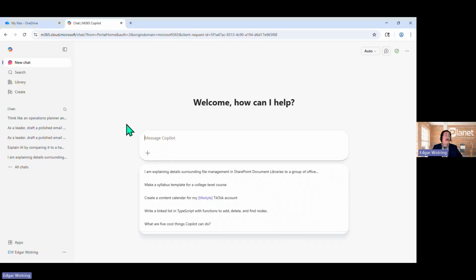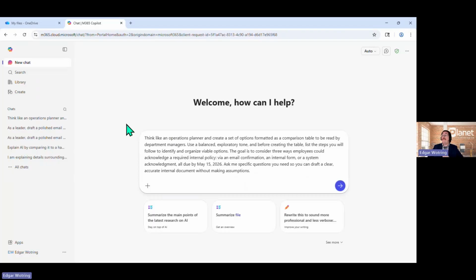Let me drop that reverse prompting prompt in our Copilot chat window here. Again, things like an operations planner, create that set of options in the way of a comparison table. The intended audience, once again, are those department managers. Much of the same criteria that we included in that previous chain of thought prompt.